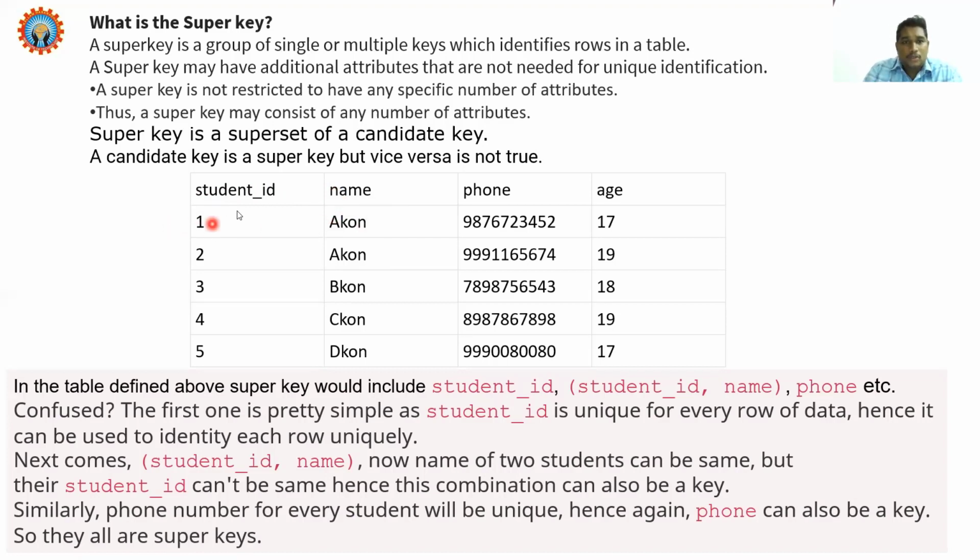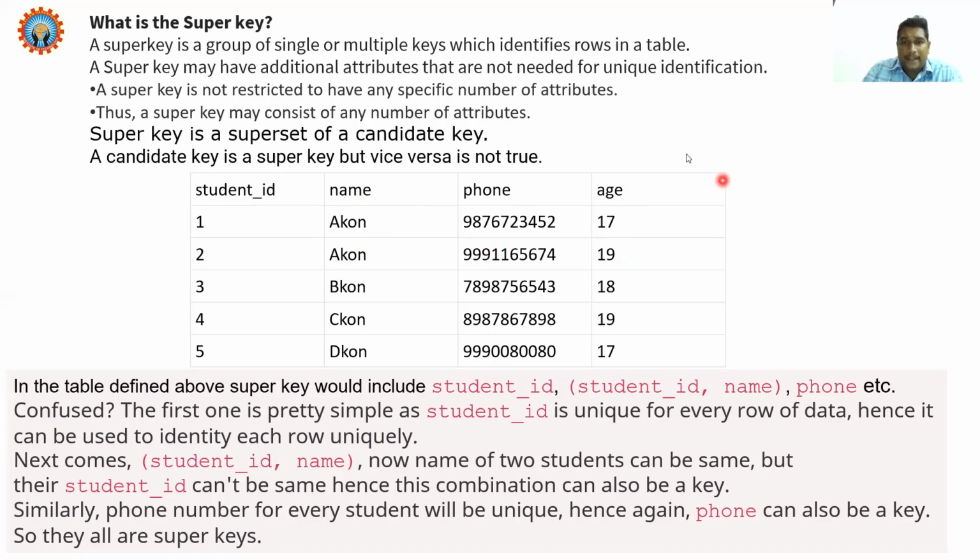If I want student ID, name and phone, this Akon maintains two phone numbers, and that will also be retrieved. This is a duplication of data. Even if I want the name and age of Akon, Akon is duplicate data, age is duplicate data.